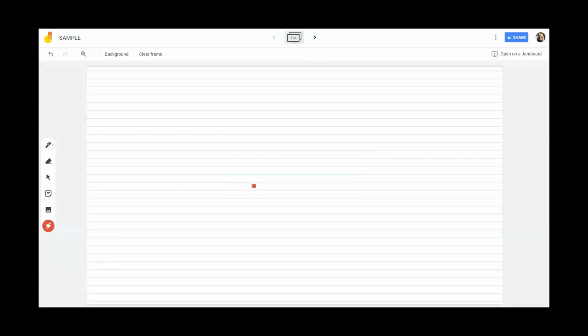I'm going to show you a different version of this same product, and that is the app that can be downloaded to an iPad. It is much more robust, but I cannot load it on my computer. So if you're inclined to prepare a lesson ahead of time and you have an iPad and you want to use Jamboard, you can do